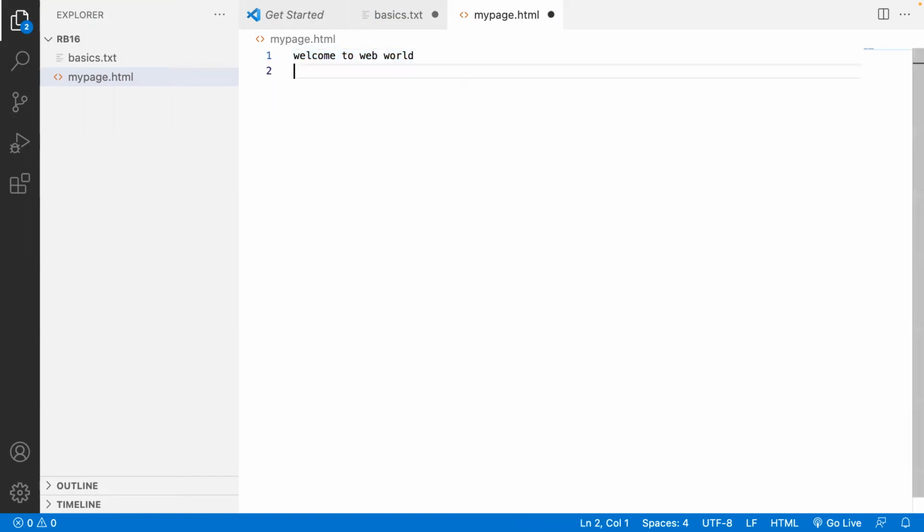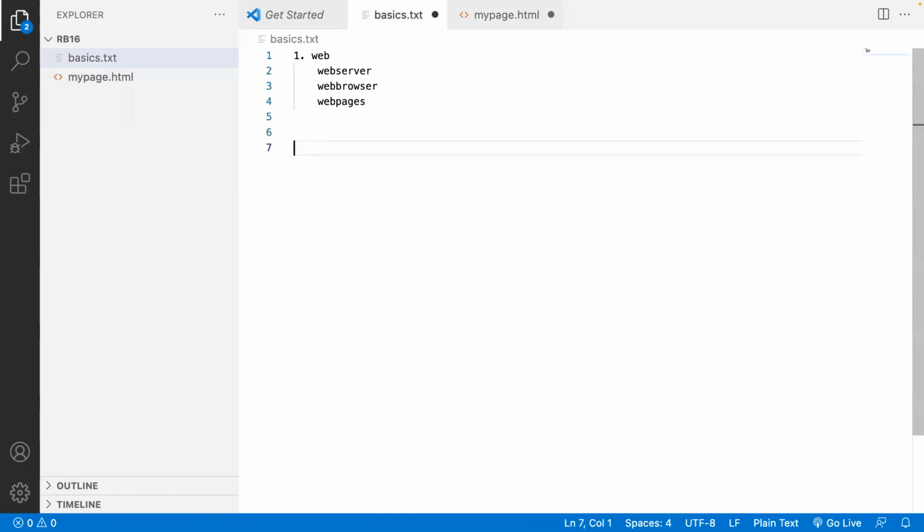Every element is a combination of... here I am writing, HTML pages are nothing but a collection of content marked up in elements.